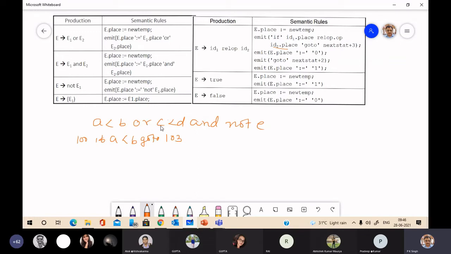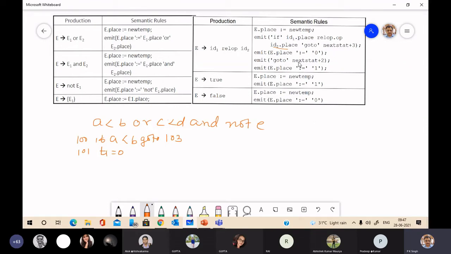Then again C is less than D. First, see that after this it will write next. Here, the next three address statement is E place is 0, which means 101 is E place. You have just calculated T1 equal to 0.